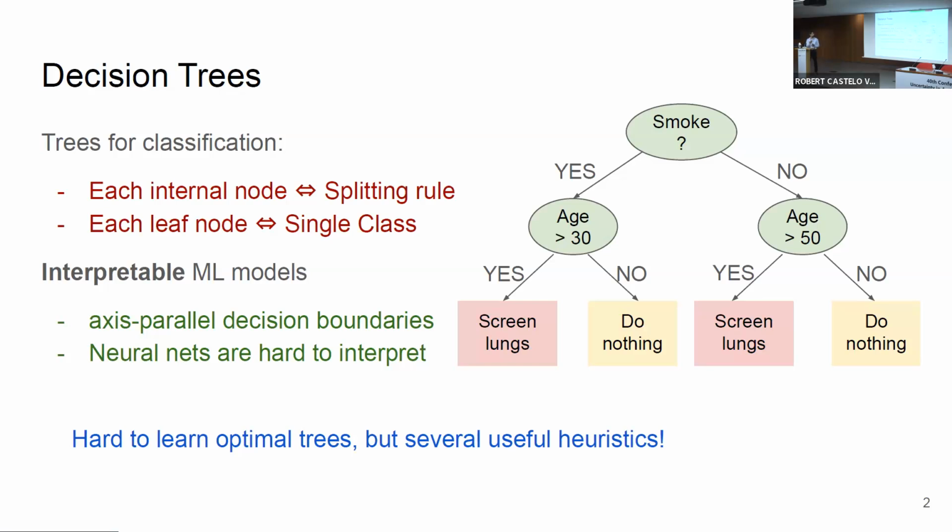For each example, you can go all the way down the tree until you reach the leaf nodes, which give the prediction or the label class for that example. So that's a decision tree, and they are naturally interpretable. They are kind of a gold standard for what is an interpretable machine learning model. They have nice properties like axis-parallel decision boundaries, which is in contrast to a bunch of other machine learning